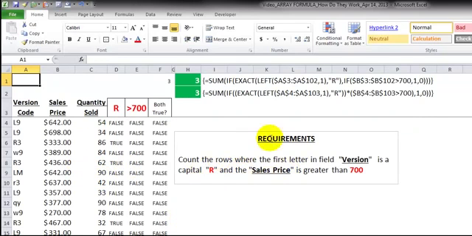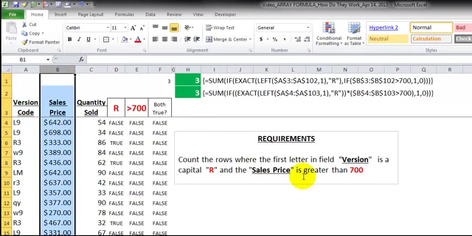Here we have the requirements. We want to count the number of rows where the first letter in field version code is a capital R, so not just an R, but it has to be capital R. And the second criteria is that the sales price must be greater than 700. So here's our sales price, and both conditions have to be true in order to count that row as meeting